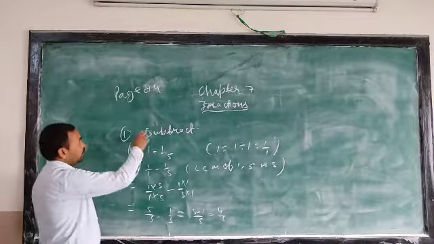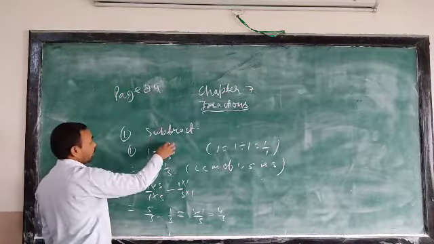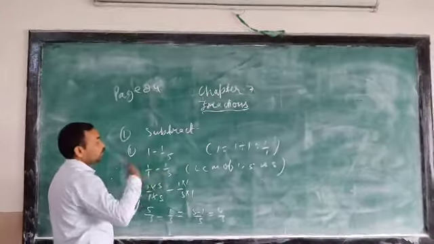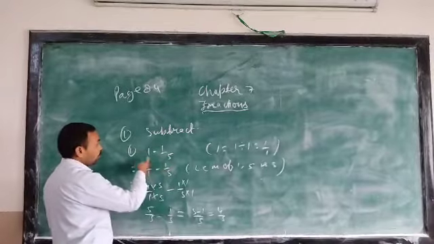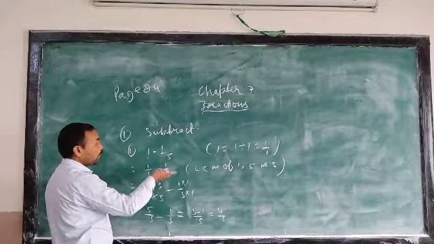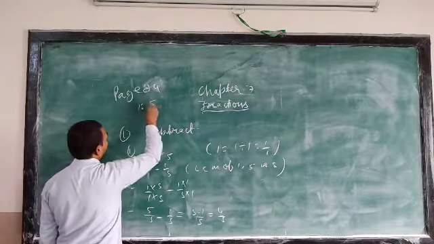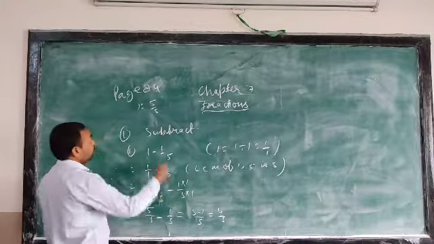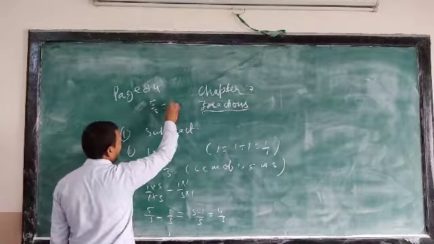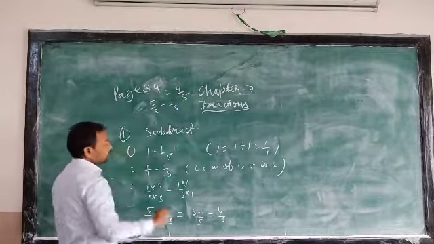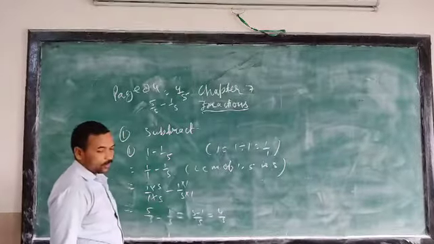And when we are solving a question like this directly, we can replace 1 because we want to take out 1 out of 5 parts, that is 1 cube from the whole. What is that whole part? 5 out of 5. So 1 can be replaced by 5 by 5. When you write 5 by 5 minus 1 by 5, you get 4 by 5. This method is also correct, so you can use any method.